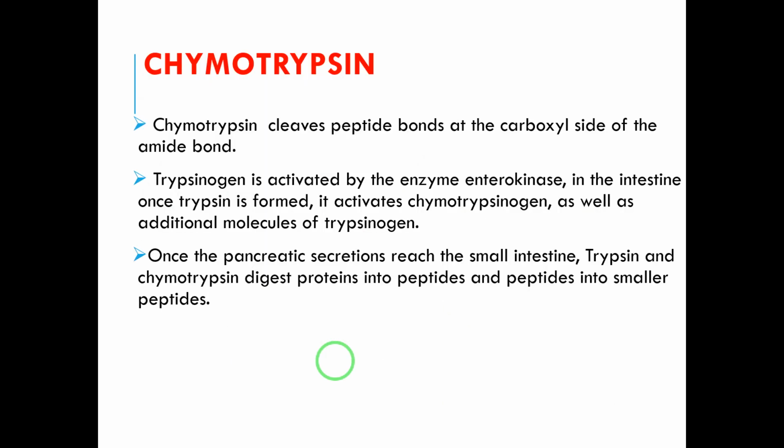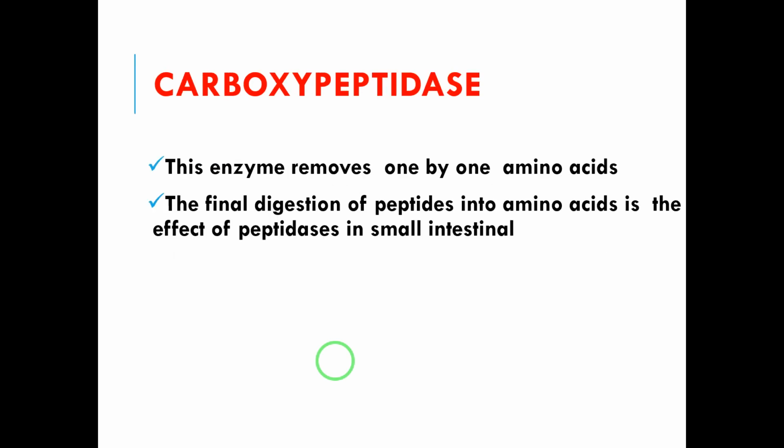The other proteolytic enzyme is chymotrypsin, and it is also activated by the enzyme enterokinase in the intestine, and the activated trypsin will also activate more chymotrypsinogen and more trypsin. The other proteolytic enzyme is carboxypeptidase, which is responsible for removing one amino acid at a time from the polypeptide. After the action of trypsin, chymotrypsin, and carboxypeptidase, the protein will be converted into smaller molecules,